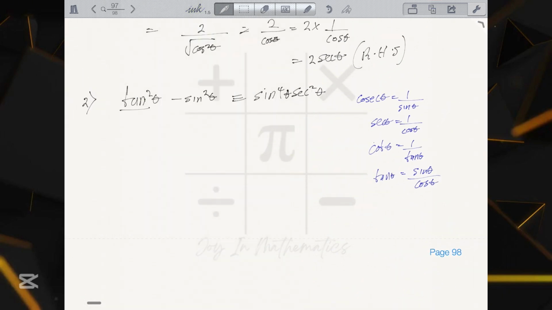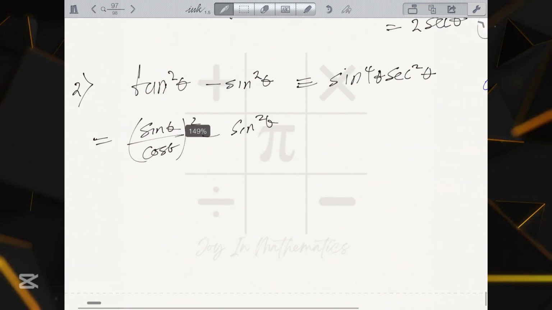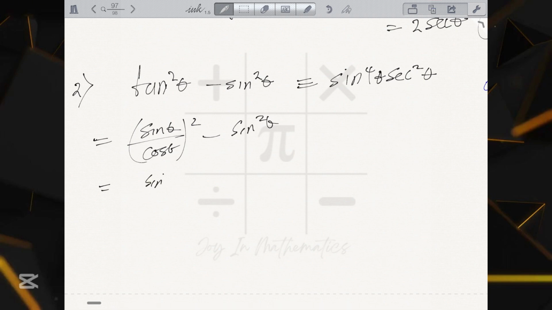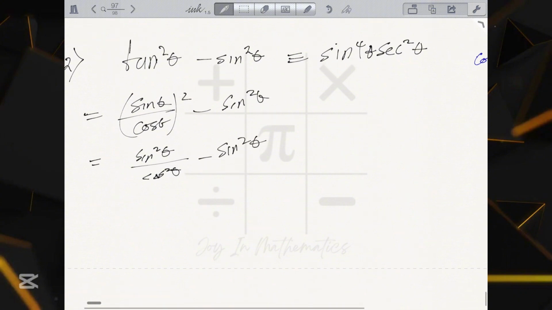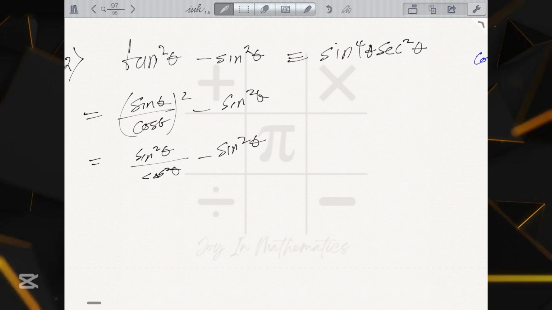We will substitute tan theta, which is sine theta over cos theta. We will have this give us sine theta divided by cos theta squared minus sine squared theta. So equating these terms together now, we'll have sine squared theta divided by cos squared theta minus sine squared theta. Moving on, we can write this as a reciprocal function, that is sine squared theta multiplied by 1 over cos squared theta,